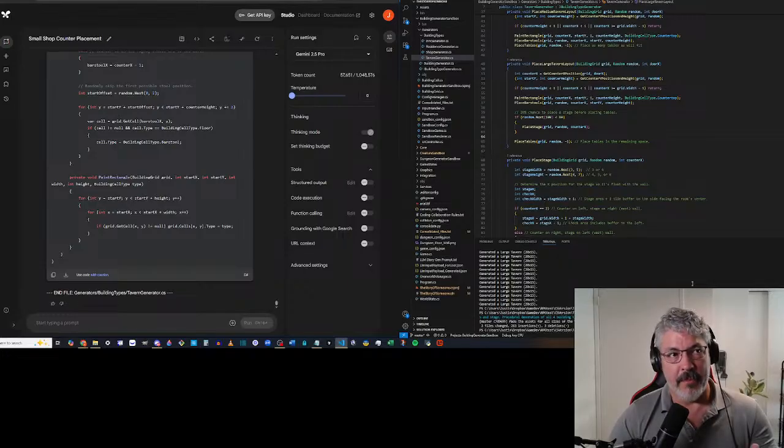So the code can be worked on for me to enhance the procedural generation without needing to see the rest of the game code, which helps with context window and token count for the AI. Keeps things a little bit more simple and segregated. But then it can access that code later.